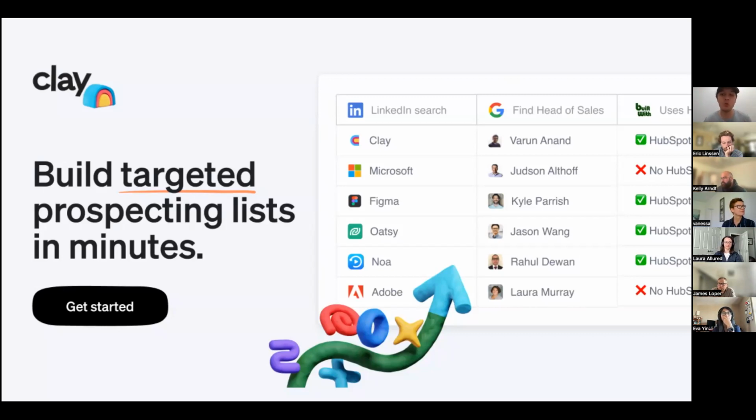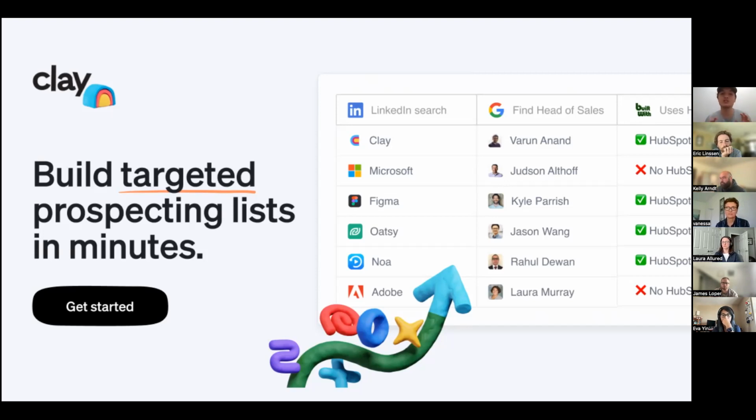For example, if you want to prospect to e-commerce, you can connect to Clay the right API for e-commerce, the right API to scrape Facebook ads, the right API to find the decision maker, the right API to find and enrich the emails, and the right API to actually send emails. That's it. That's Clay. Build targeted prospecting lists in minutes. That's how Clay works. It's a sales operations engine with a lot of APIs, where you can customize the outbound flows,